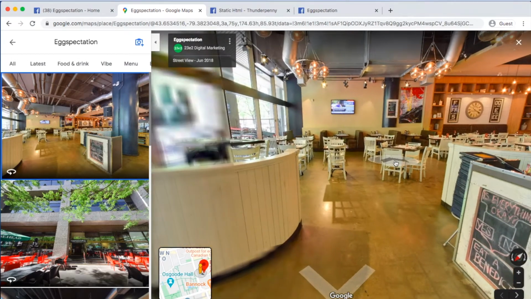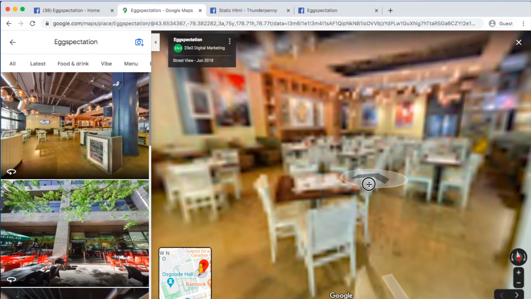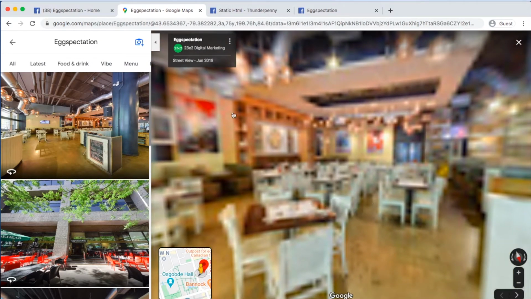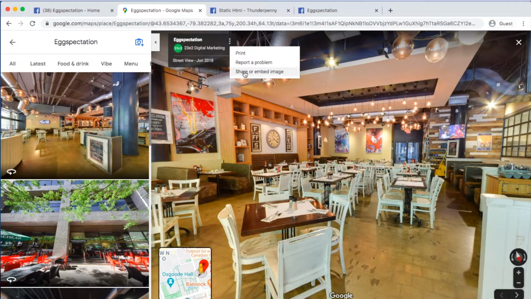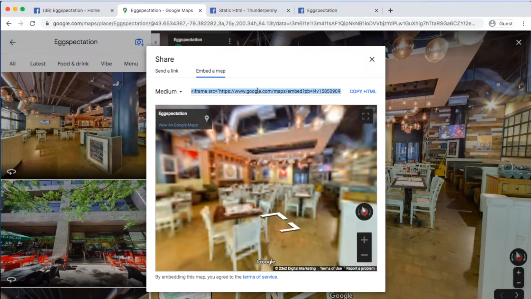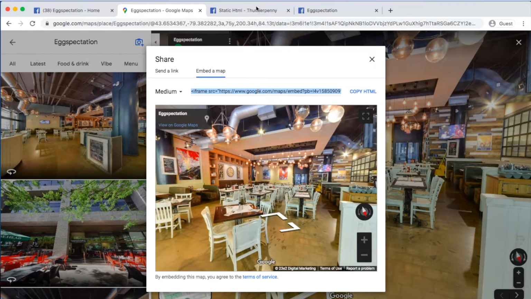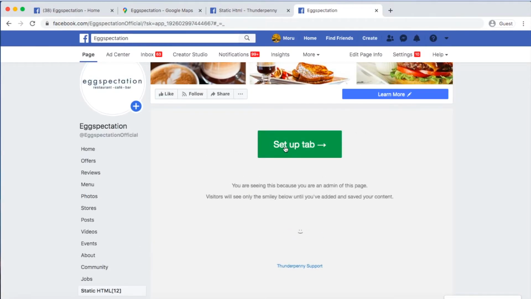Usually I do the entrance of a business. For example, we can do here. Just let it load. Now you just have to click on the three dots, go to this option, choose embed map, copy this iframe code, you go back to this page, continue with this button setup tab,